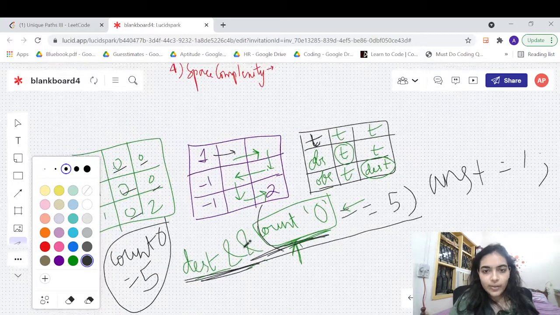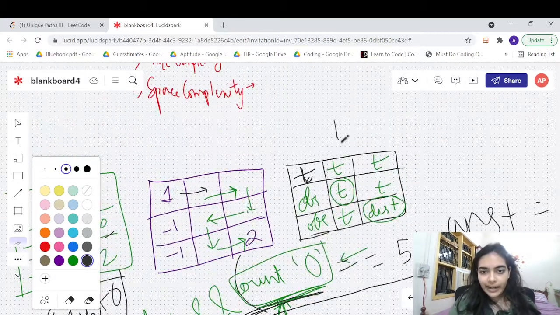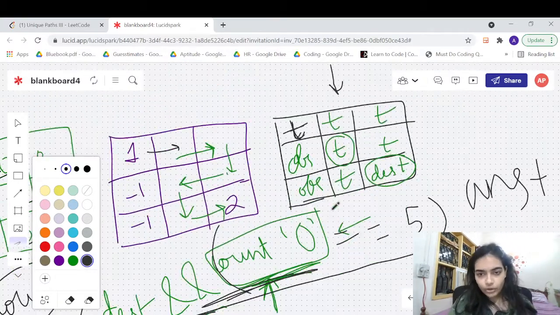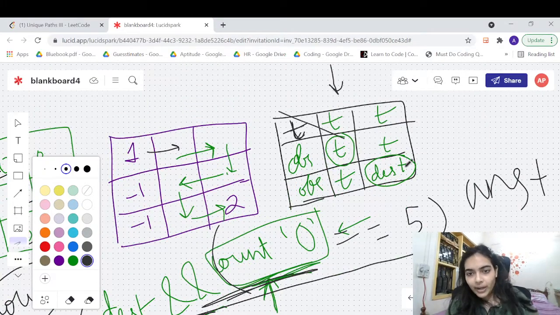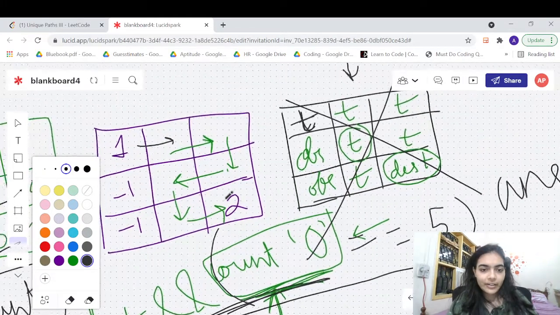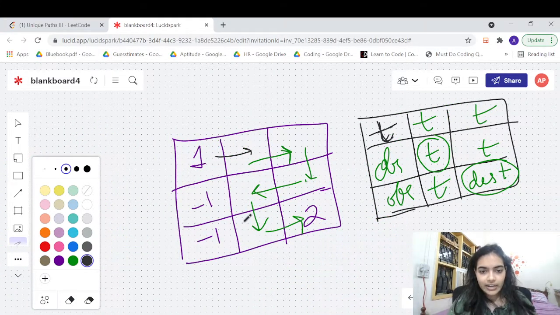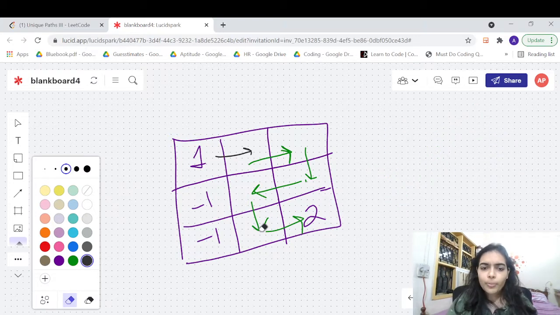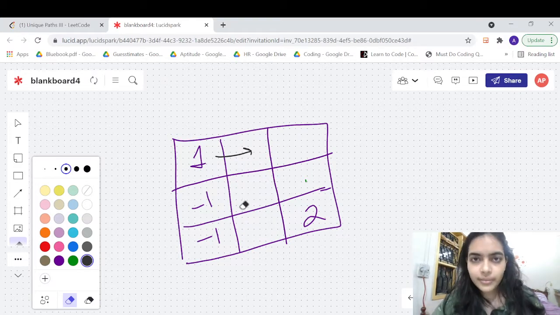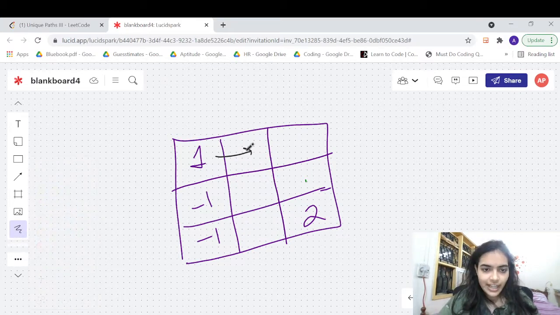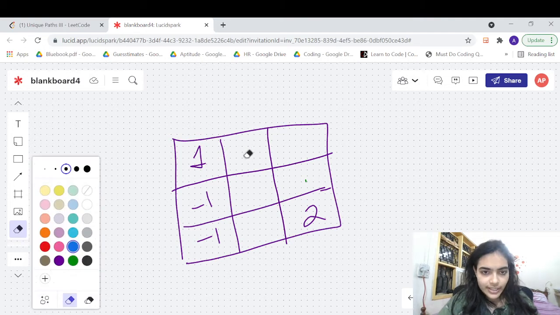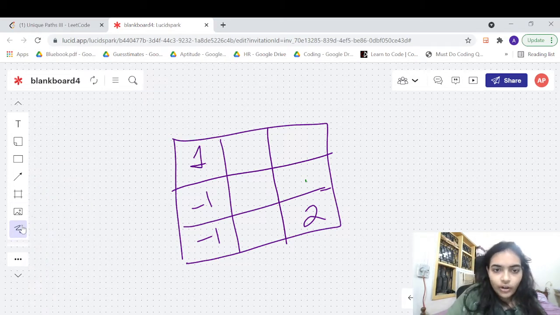Now there is one more thing. When we were keeping this visited array, we are using extra space complexity. So to optimize this, there is one better approach. Instead of declaring this visited array, you can also mark the cells in the input matrix itself. This is just one optimization. Even the visited matrix will work, but the optimization is that in this particular matrix itself, when you are going along a path and you are visiting a path, initially all these are 0.